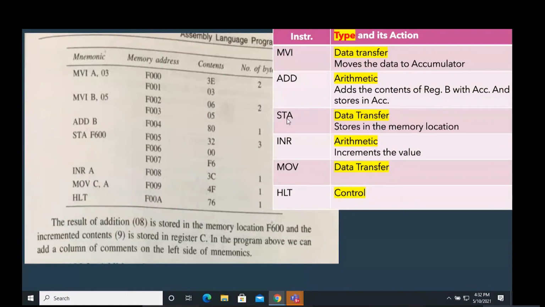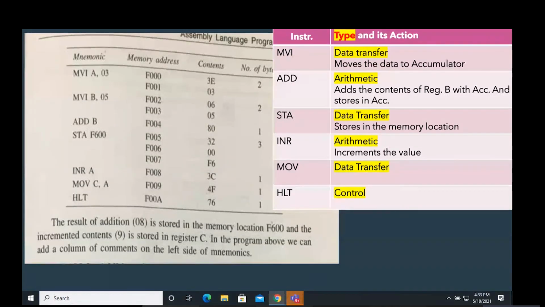And the last one is HLD. I've also written down the different types of instructions, categories they belong to. Now, if you remember in 8086, we learned about instruction classification, wherein we classified a few instructions under data transfer, under arithmetic, under string, under logical, and so on. A few of the students also presented some topics on that. So I have made a table. This is just an extra additional thing, so you understand.